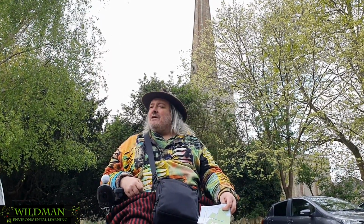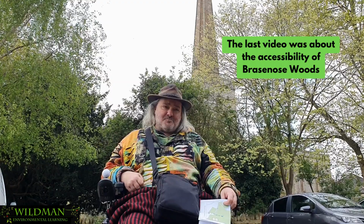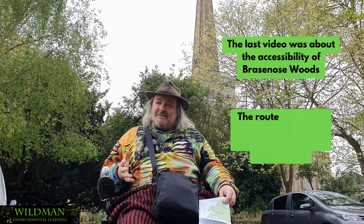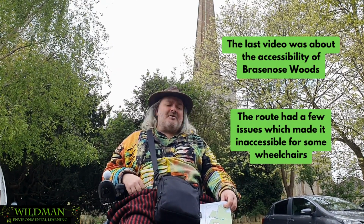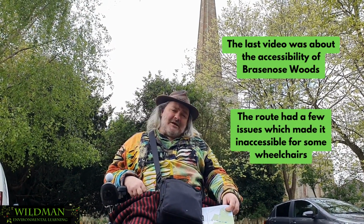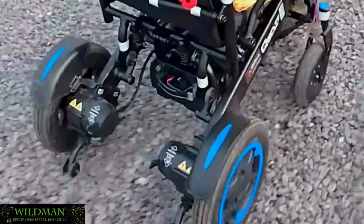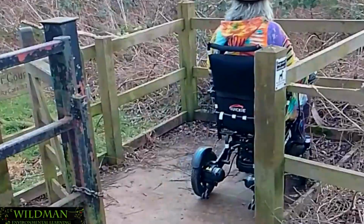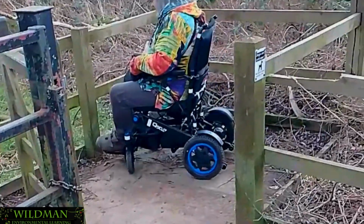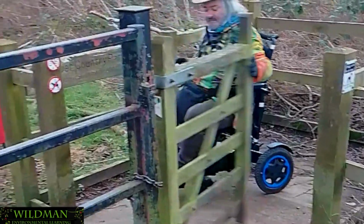Now, if you remember, the last one I did was in Brasenose Woods. It was great that there was an accessibility route, but it was just sort of forgotten about, I think. There were some gravel areas, which was just about navigable in this chair. If it was any deeper, I wouldn't have been able to get through. Also a gate that I could get through in this chair, but a number of other wheelchairs wouldn't have been